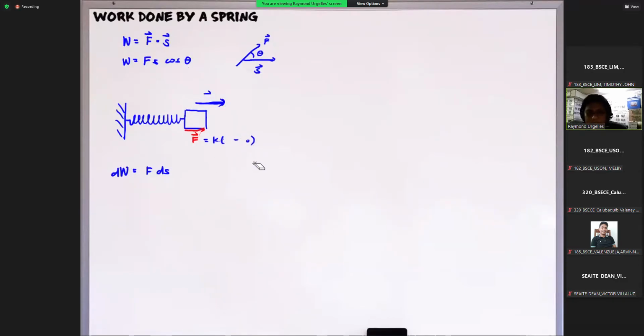Since this is in the horizontal direction, let's call this X. So then this will be X sub 0. Okay? So then this will become dx, so that it is the same as in the books. Nakuha ba? So again, the idea is when it moves an infinitesimal amount,